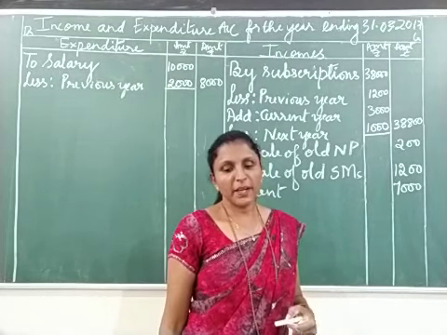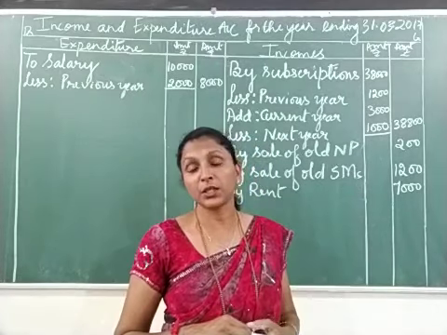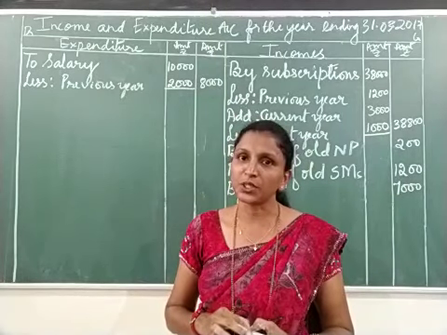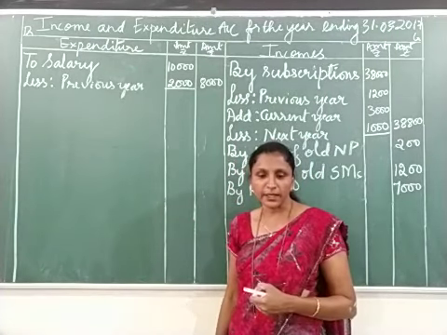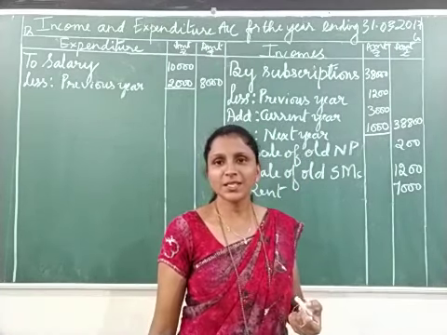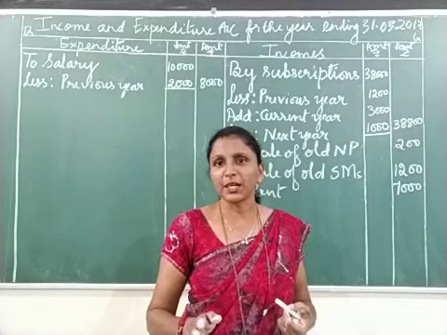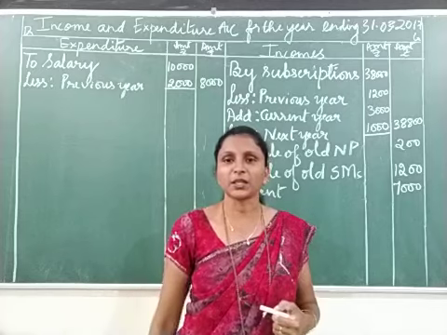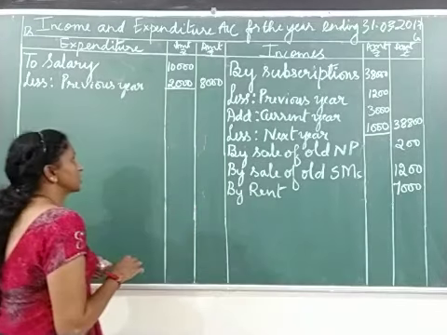Next one, by fixed deposit. A fixed deposit is also kept for a long period of time in the bank, so it is also considered a capital item. It is an asset to us, so it goes to the balance sheet. Don't write it now. Leave it. Next item, by postage. Postal expenses are a revenue item because it's a small amount and we keep on posting letters, so it is considered a revenue item. Put the tick mark there. We write it in the income and expenditure account on the opposite side. So, to postage.